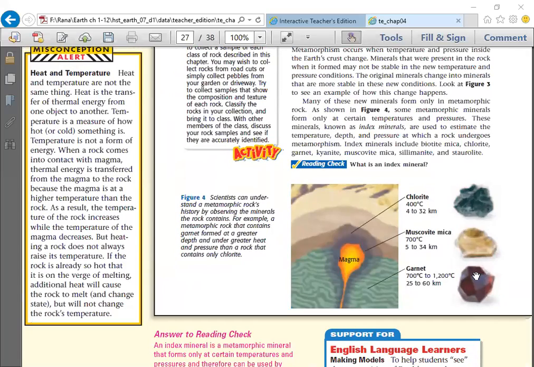So here, then I need another one to read the rest of the paragraph. Okay. So yes, Hannah. Starting from many of